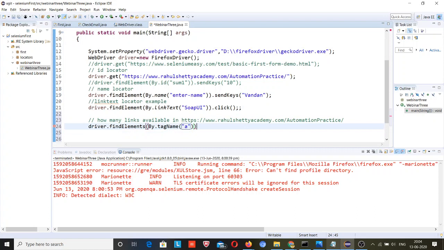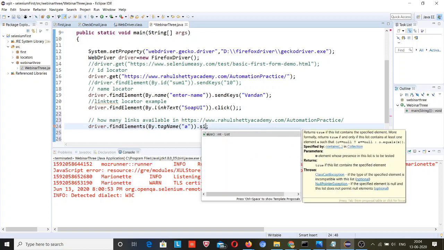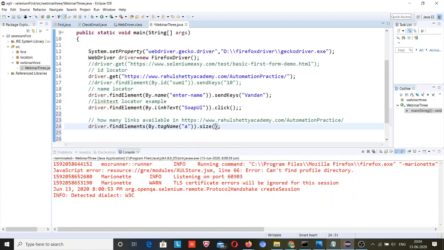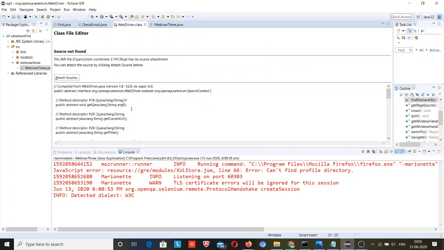And what will happen, this will return the elements present, but it will not return the count. So you need to use size. This size method is only under find elements, not under find element. I will press the control key on my keyboard and click on this, and you will see that this method doesn't have size.